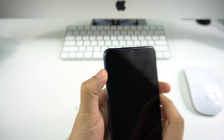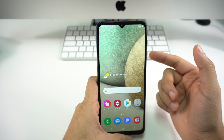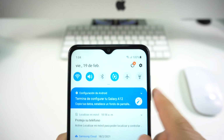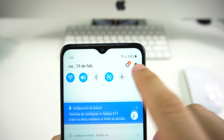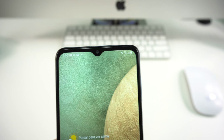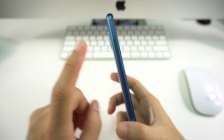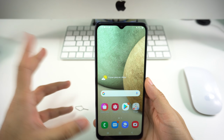So we just close this up, and now we just go into our phone. Once you put your SIM card in, you're going to start getting the signal bars right here, and as you can tell, I'm getting the signals already. If your phone is unlocked, you're going to have the signals right here on top. As you can tell, you can make any phone calls as well, so that means the SIM card has been properly installed. So now that we have the SD card, I'm going to show you how to save every single file